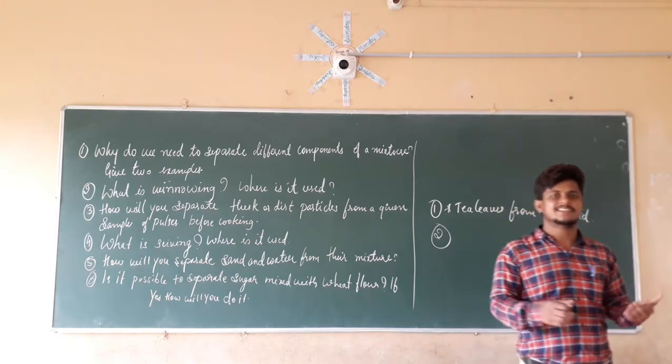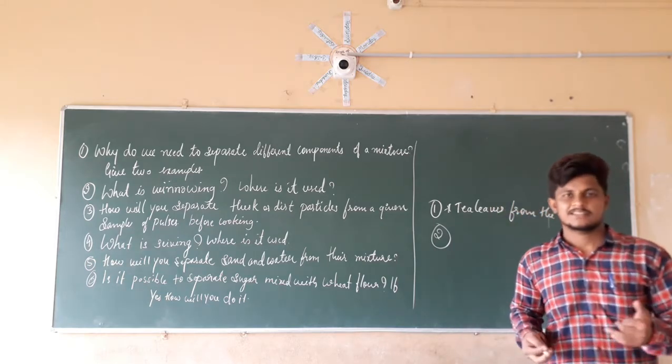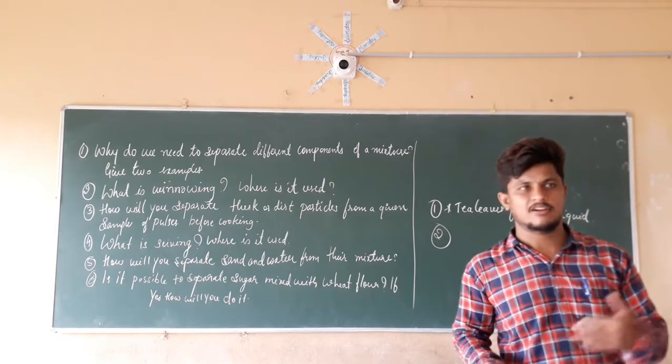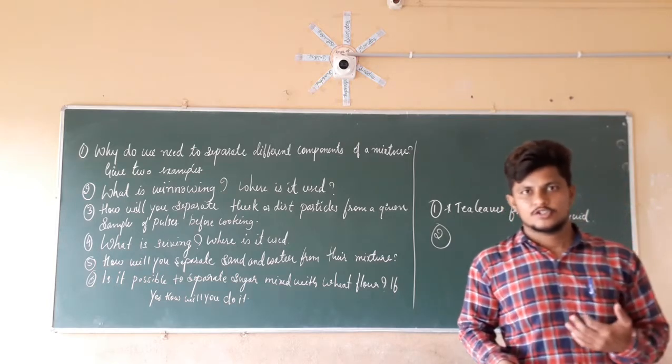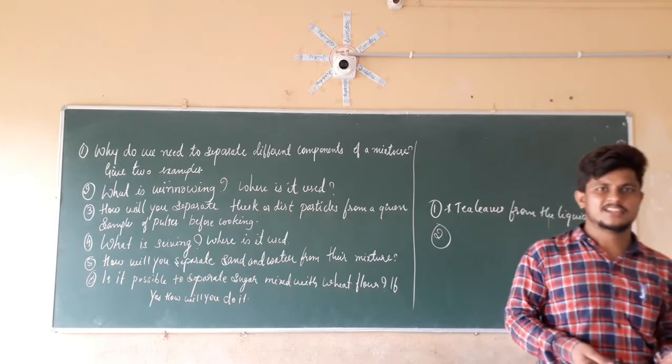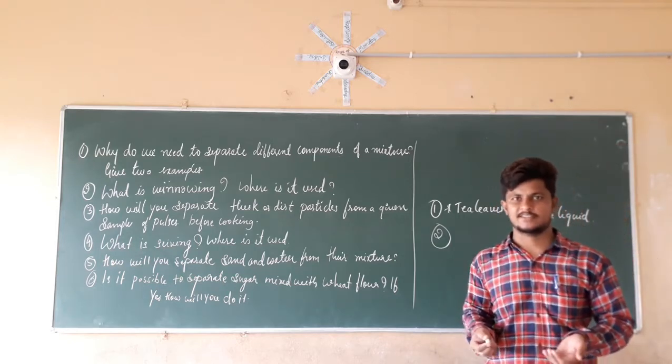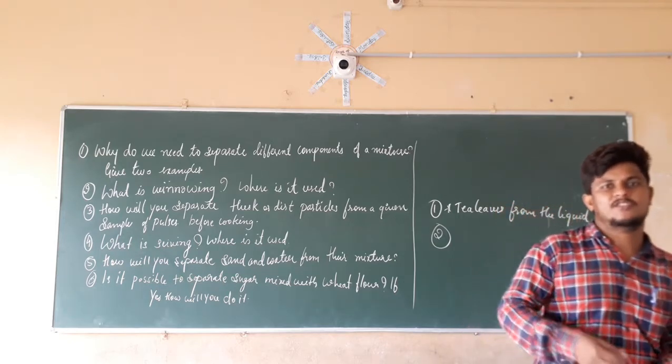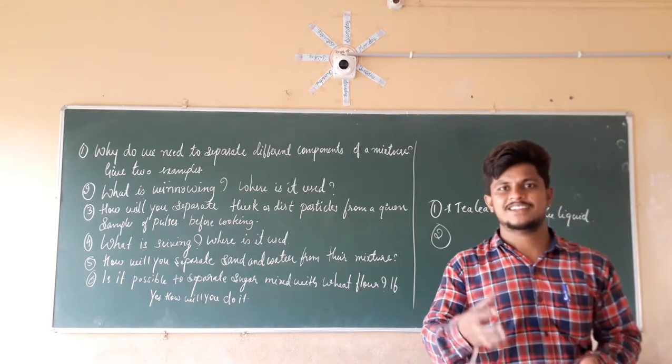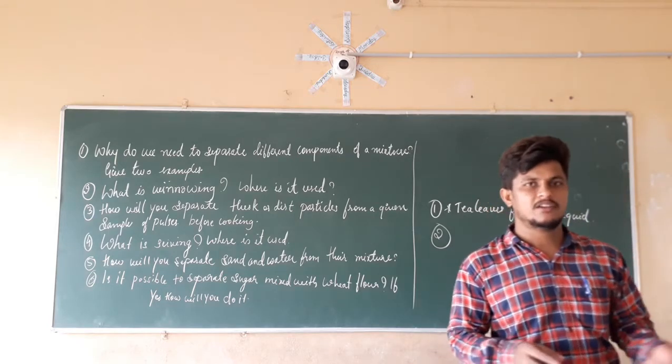Or else you can write another example, like separation of the dust particles or sand particles from the grain. Grains, dust particles or stone particles are not all essential for us. Those are the impurities. So we are going to separate those things from the grain particles, so that the grains, which are important for us, remain.